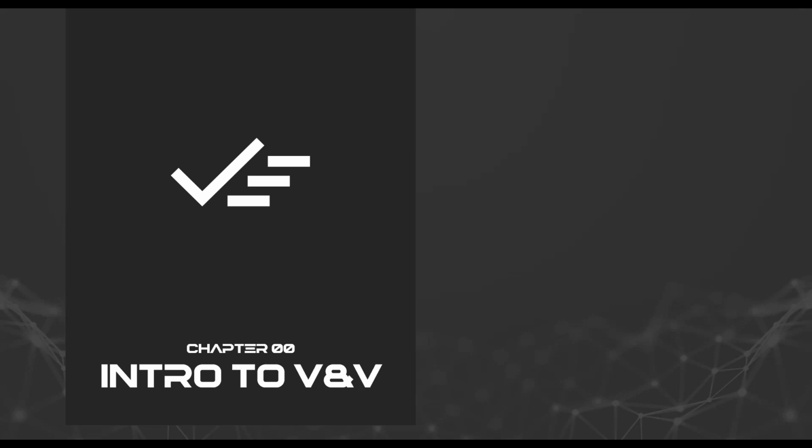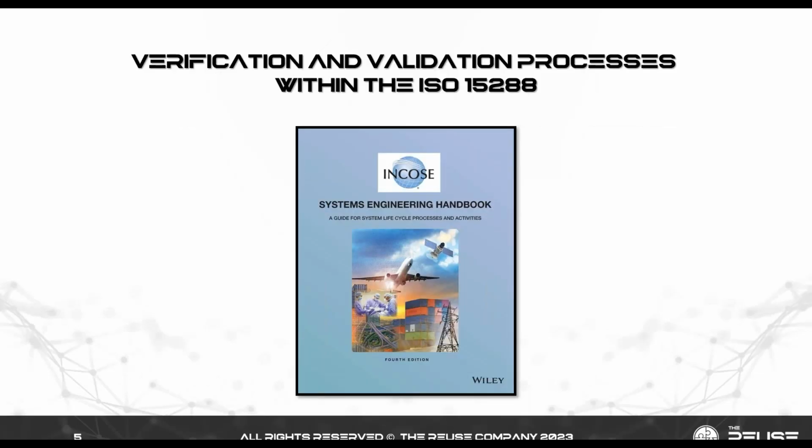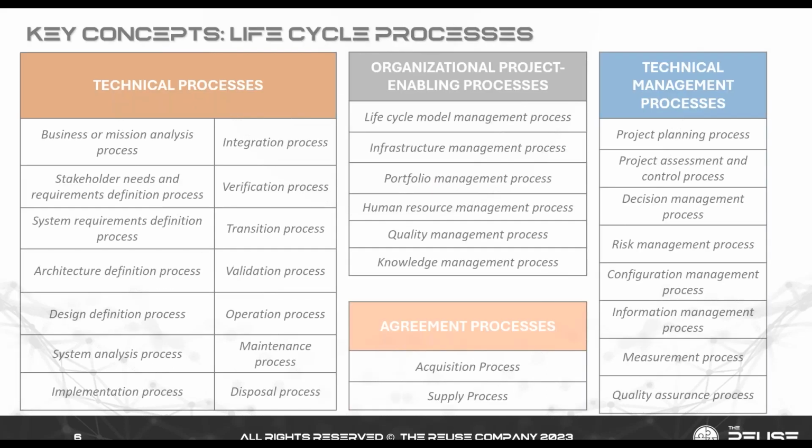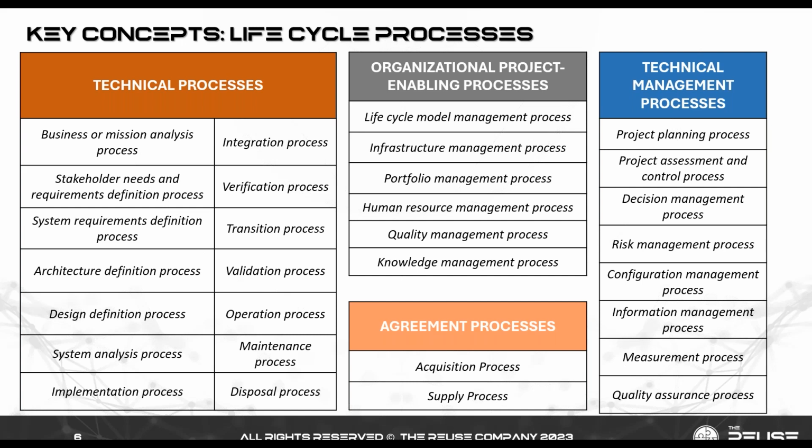And we will revise all these different processes and how we can actually apply them on top of the SES Engineering Studio. So with that out of the way, let's begin with chapter 0, which is going to be introduction to verification and validation. As I mentioned, this is going to be the ISO 15288, gathered under the Systems Engineering Handbook from INCOSE. Within this handbook, we have many different processes, right? And we will today focus on 2 of the technical processes, which are going to be verification and validation,